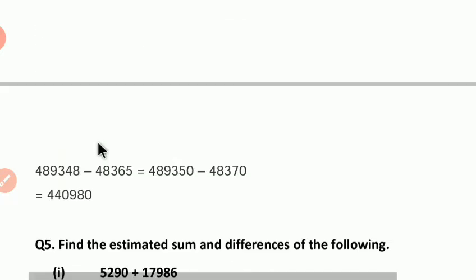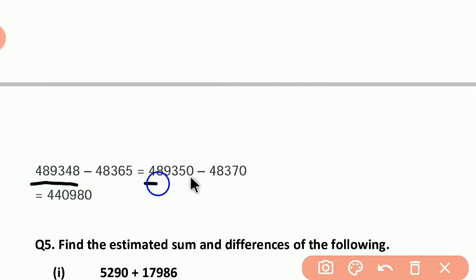Then we have to round off to the nearest 10 for this same question. For the nearest 10, we have to see the ones digit. Here it is given 8, which is greater than 5. It means you have to increase 4 by 1. So 4 plus 1 is 5, and in place of 8 you have to replace it by 0. So